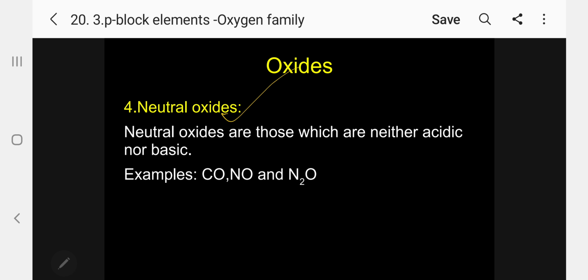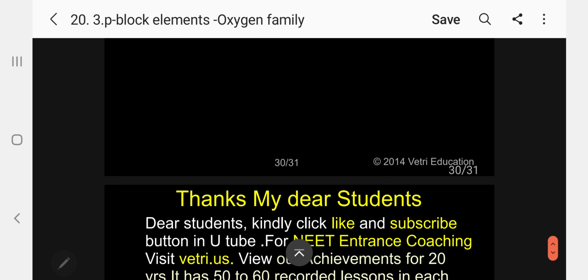Neutral oxides are those which are neither acidic nor basic. Specific examples: CO, NO, N2O. These are all neutral oxides. Kindly follow. I hope I have